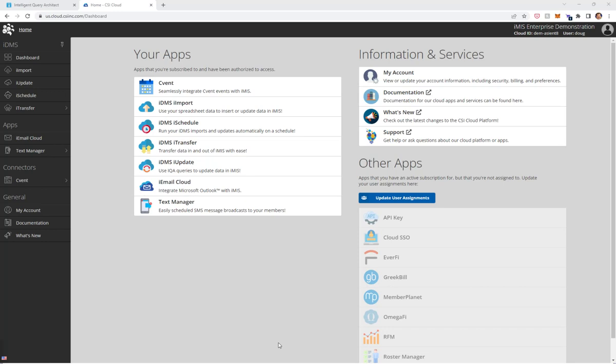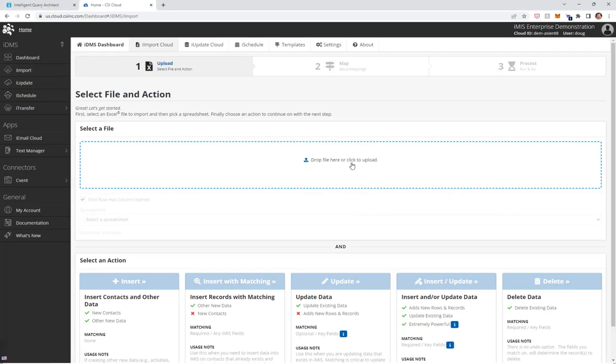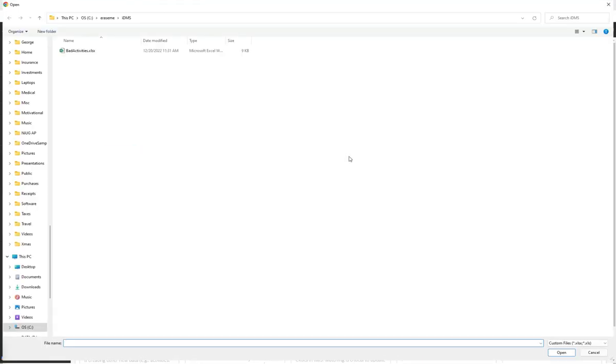This short video is going to show you how to delete activities. The best and most safe way to delete activities is to use the sequence number where possible. So if I were to use iImport, meaning I have a spreadsheet of sequence numbers I want to delete, it